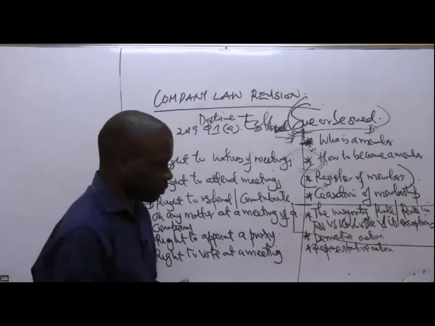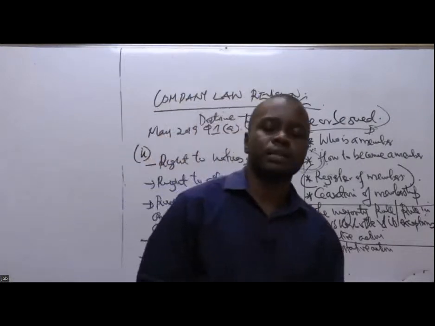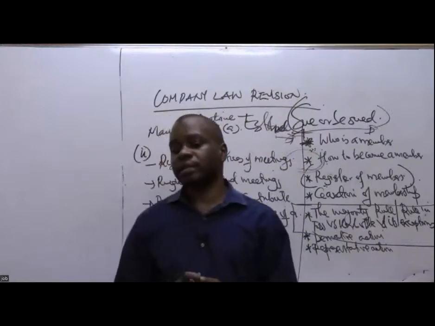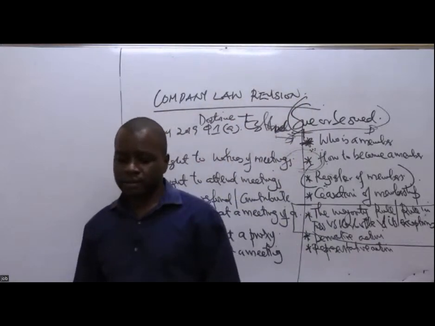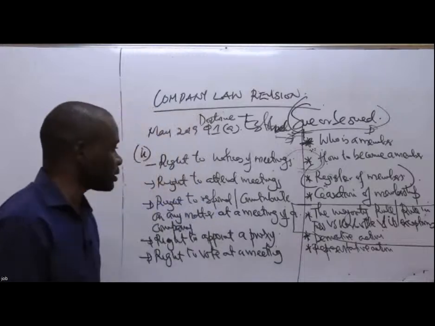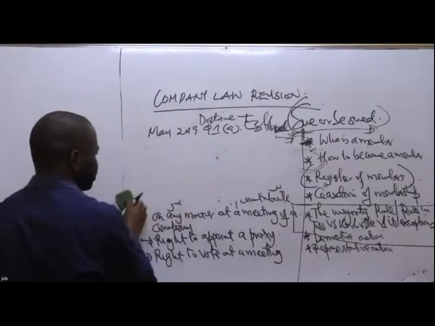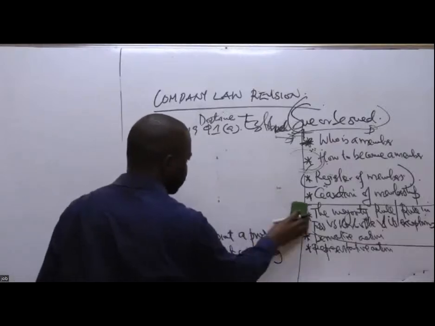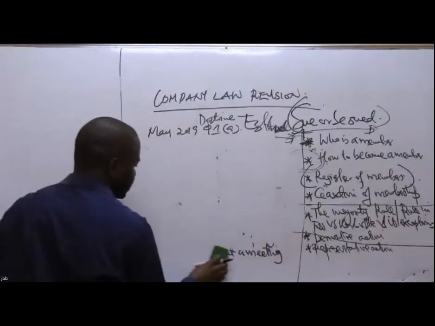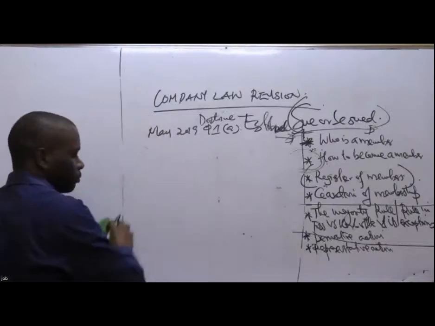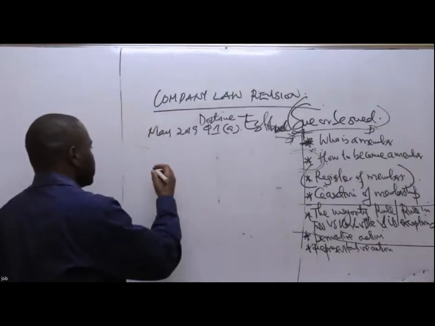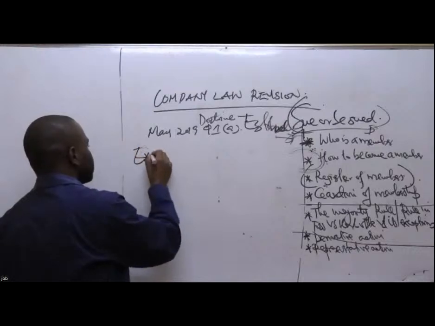So in this case, it normally has some exceptions. It doesn't always prevail. So it usually has some exceptions. So the exceptions to this particular rule, the rule in Foss v Harbottle. So, exceptions.